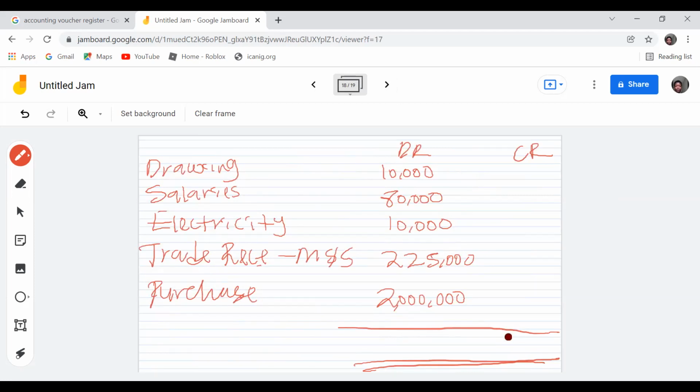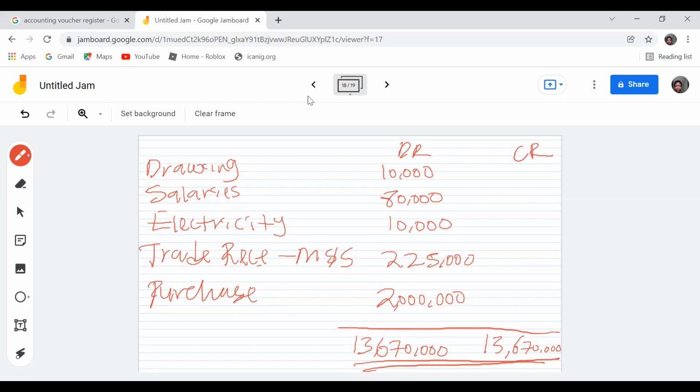And if you add everything, it will give you 13,670,000. And this side as well gives you 13,670,000. So you can see the trial balance agrees. It's going to agree. But there's another topic that we're still going to talk about, which is when the trial